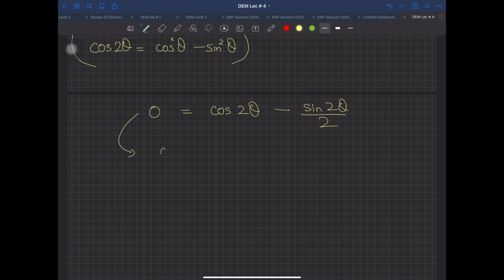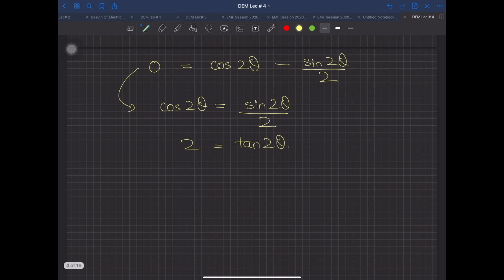Can I now equate it? Cos 2 theta equal to sin 2 theta divided by 2. ठीक है, so this is 2 equal to tan 2 theta. ठीक है, ये 2 पूरा है, नॉट एंगल पे नहीं है, याद रखना, ये ना कहीं गलत कर दो उधर से। So this theta will be equal to tan inverse theta, 2 theta divided by 2. सॉरी, हाँ मुझे समझ आ गई मैंने क्या किया। हाँ, tan inverse 2 divided by 2 जी। What is the angle?